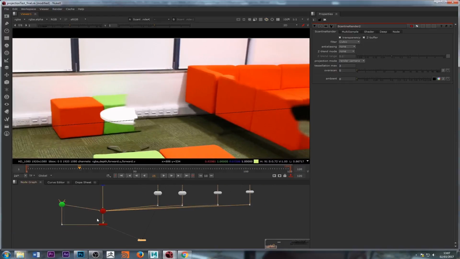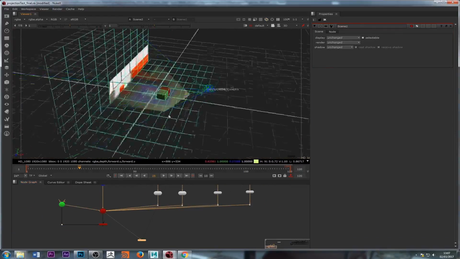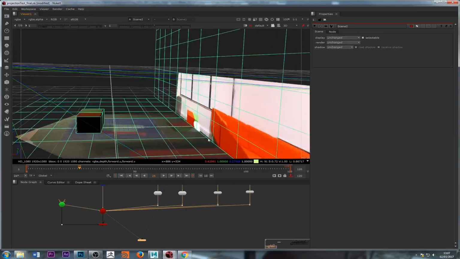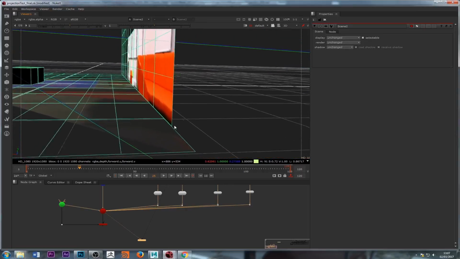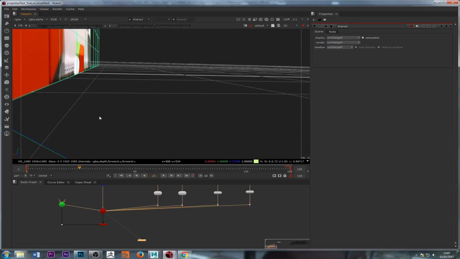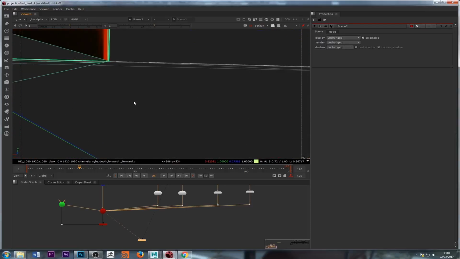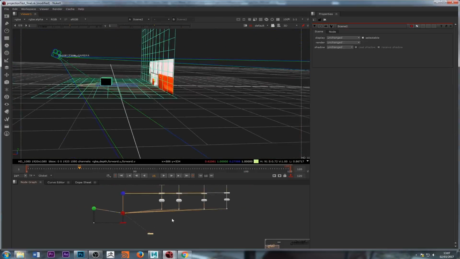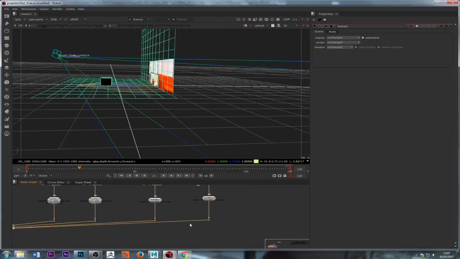If you can see here, these two pieces of geometry are pretty much one on top of another. But because they're not one piece, there's a little bit of a gap between them. You can see that little bit of a gap there. That was because I brought it like that from Maya. So in order to fix that, all I have to do is just move this guy down,